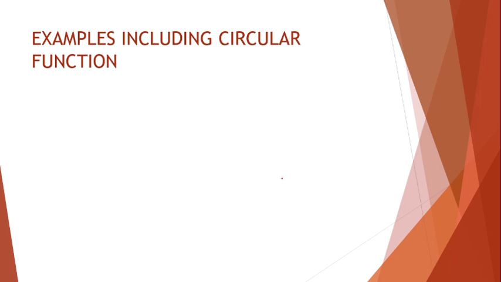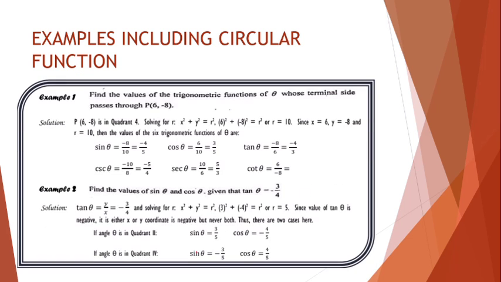So, examples including circular function. Number 1: find the value of the trigonometric functions of theta whose terminal side passes through (6, -8). So, automatic yan ay nasa fourth quadrant, diba? Now, solving for r. Then, ni-replace natin, at ang naging result niya is 10. So, we have 36 plus 64 is 100. Square root of 100 is 10. Since x is equal to 6, y is equal to negative 8, and r is equal to 10,